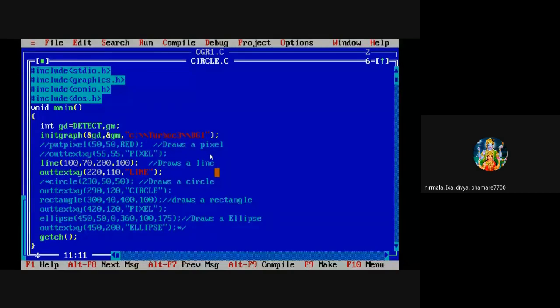Then I will increase the line to 500, and I will keep the y-axis constant at 70. Again, by pressing F2, I will save the program. Again, I will compile the program and run the program.